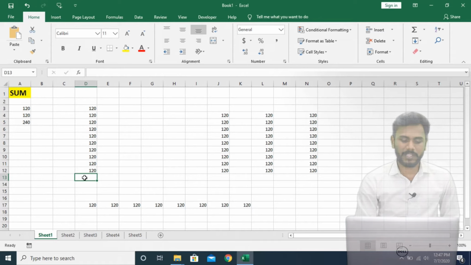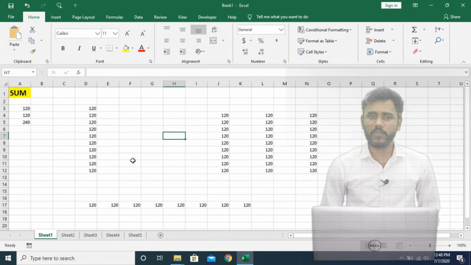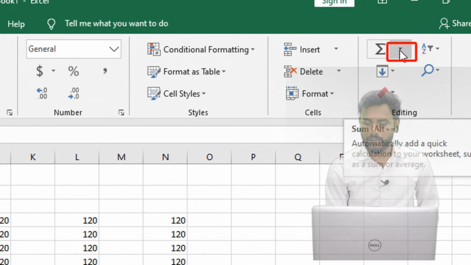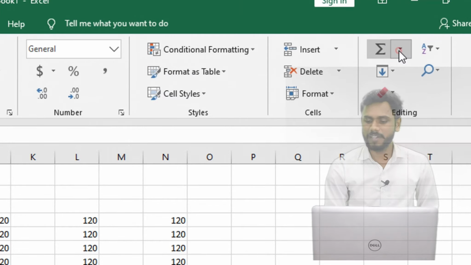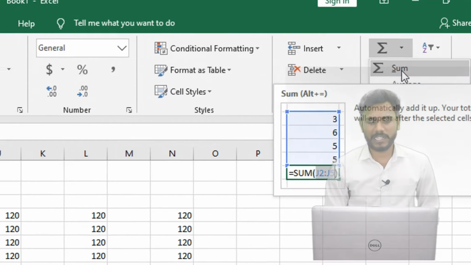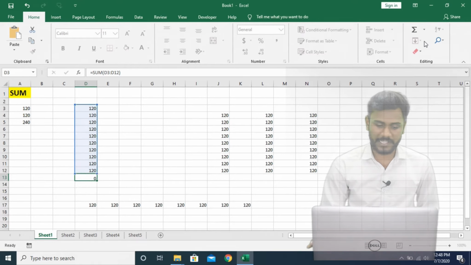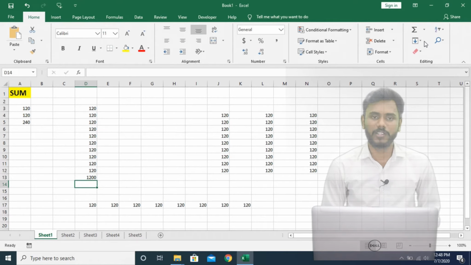And there is another way we can do it. Here I am going to show one more way to calculate the sum in these cases. Simply activate the plus one cell of the range, go to the Home menu, and next to the sigma sign there is a down handler. Click on the down handler and select sum. When you select sum, the sum is automatically calculated for the respective range, and the formula is also auto populated. Press enter, and here is the same total, 1200, right?